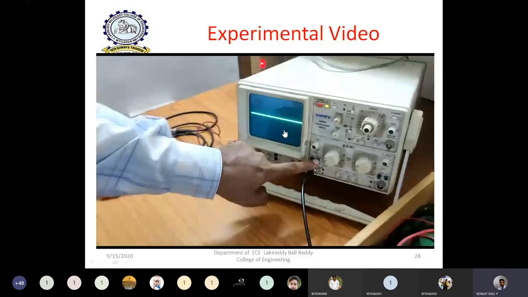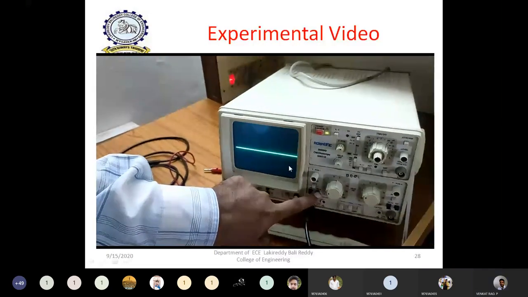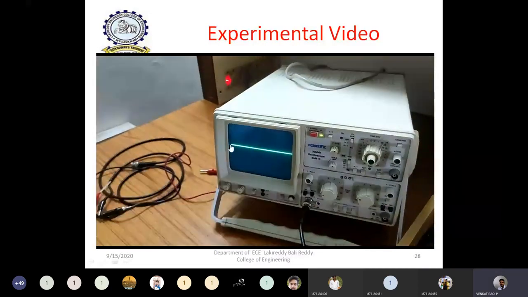Now, if you observe the output as a constant line, why are we getting a constant line? Since we have changed the input to a DC value, only that DC signal is obtained as a demodulated signal. The same amplitude, whatever you give as the input, that same height or amplitude value is obtained as a demodulated signal.